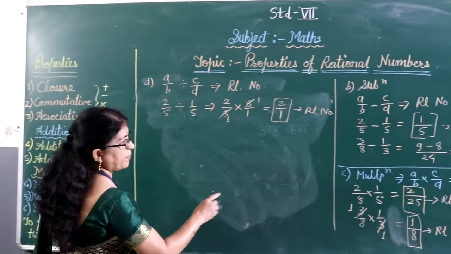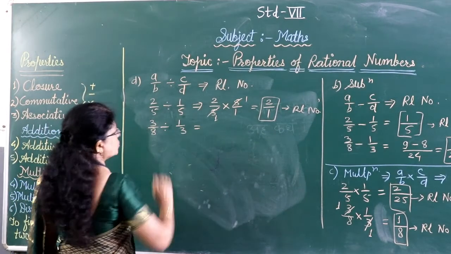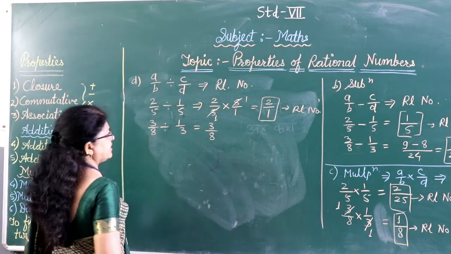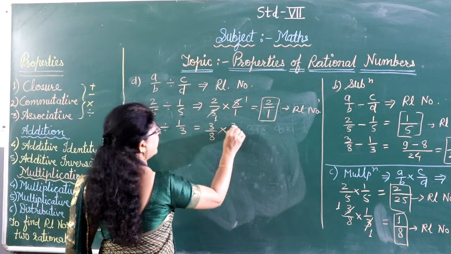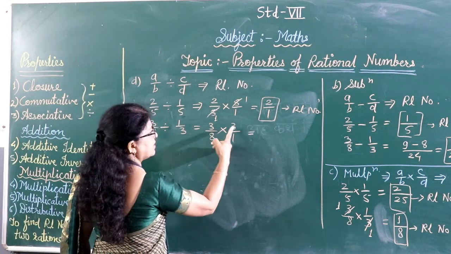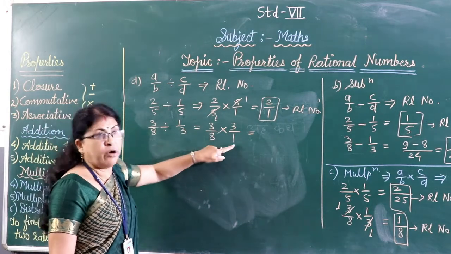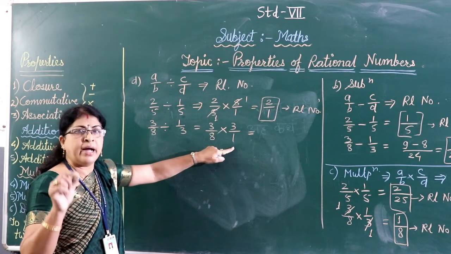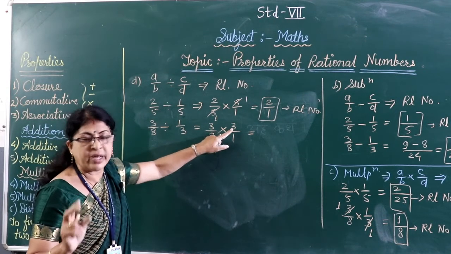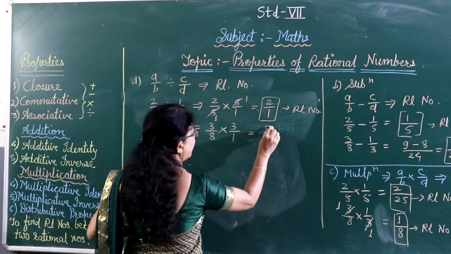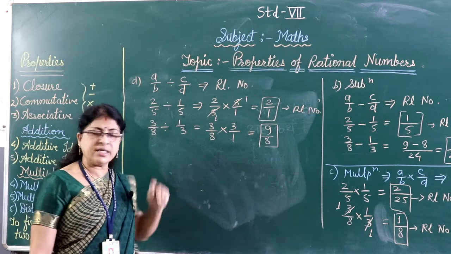Okay, now next example. 3 upon 8 divided by 1 upon 3. So what you will get? 3 upon 8 write as it is. Division sign change into multiplication. Instead of 1 by 3 we will write 3 upon 1. Now here don't cancel 3 because both are in numerators. When one is in numerator and the other is in denominator, then only we can divide them by the common divisor or factor. But both are in numerator, so we are not going to cancel them. So simply you write 3 3s are 9 and 8 1s are 8. So what answer you got? 9 upon 8. It is also a rational number, right?